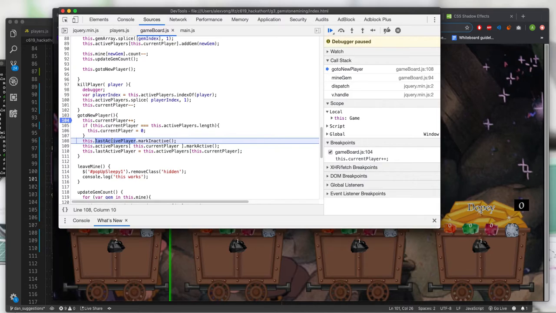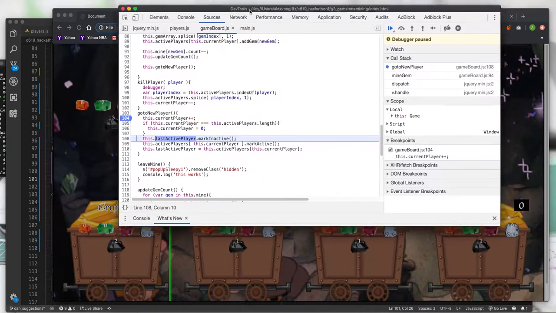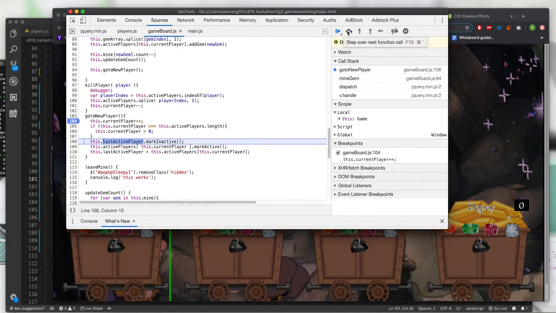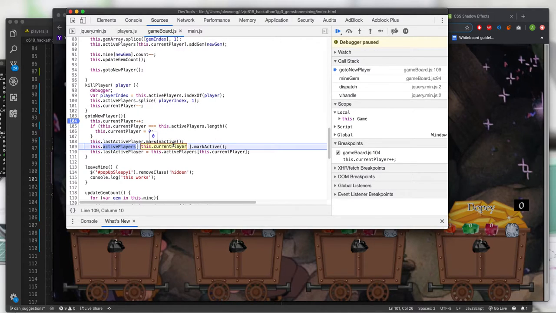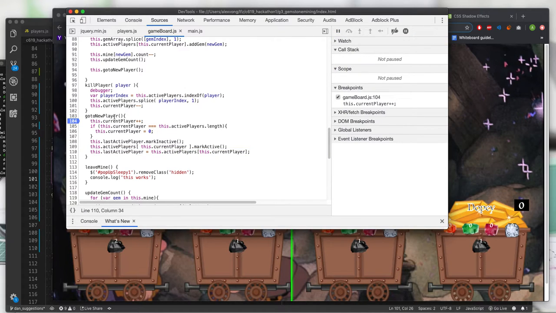Last active player was Grumpy, the one over there in the beginning. Yep, that's right. So he goes inactive, takes it away. Then active players at current player 0 mark active. He becomes active. Then the last active player becomes current one. Okay, I don't see a problem, so maybe we fix it. I don't see how, but